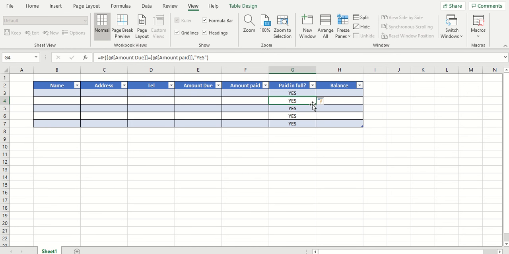Simple enough. Oh, that's not good. There's nothing in there and it's saying that these people are paid in full, so that's not what we want. So how do we come around this? Basically we're going to do an if formula within an if formula. So if the amount due equals 0, equals blank, so to display blank you do 2 speech marks,